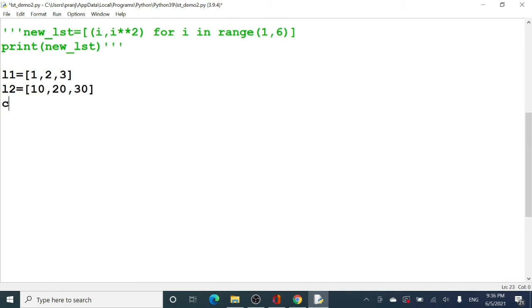And the name of my list will be Cartesian product, so I have taken CP. Now I want one value from I and another value from J, right? So I is coming from L1 and J is coming from L2. For L1 I have taken the variable I and for L2 I have taken the variable J.